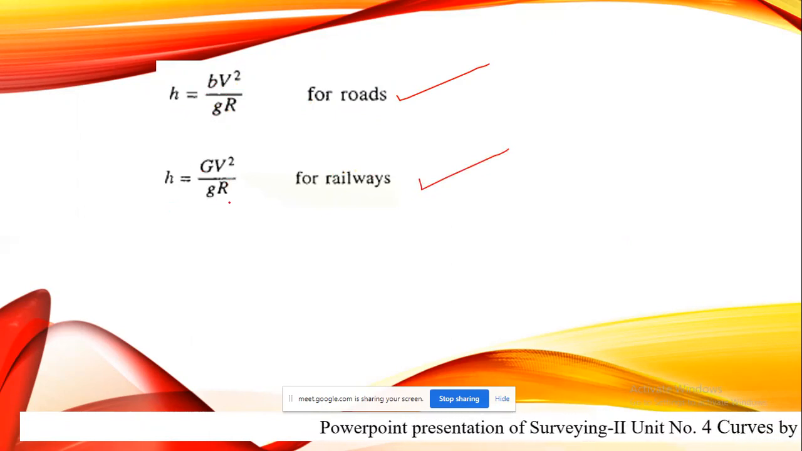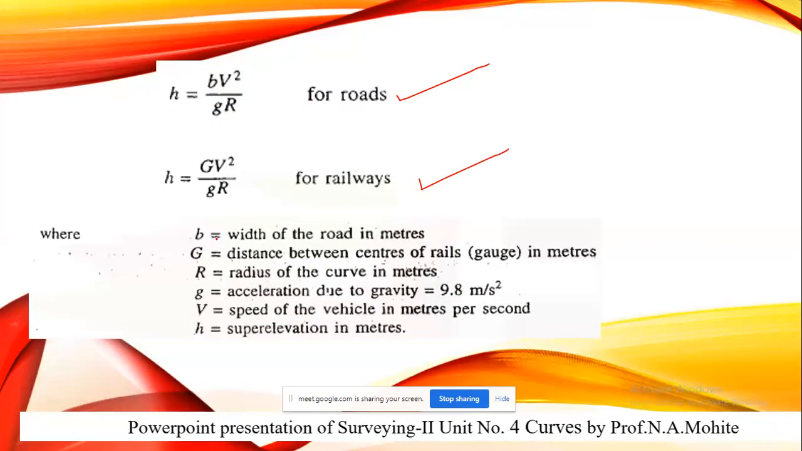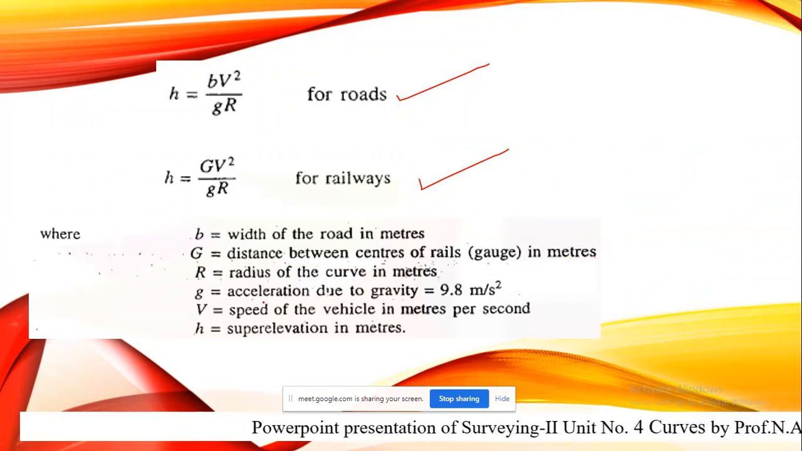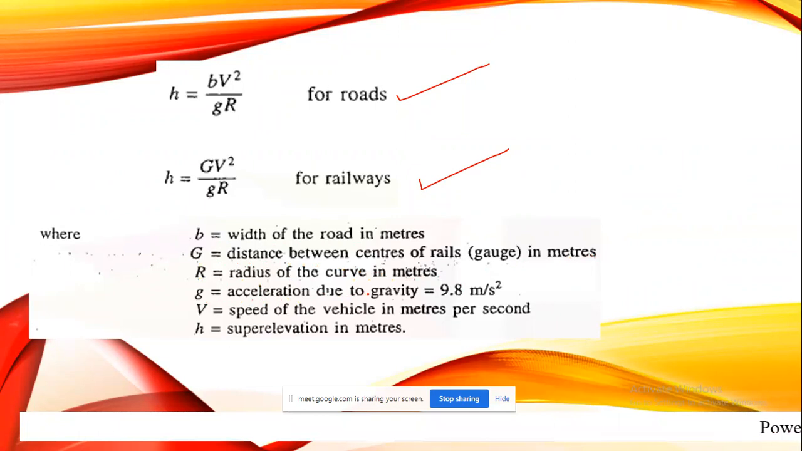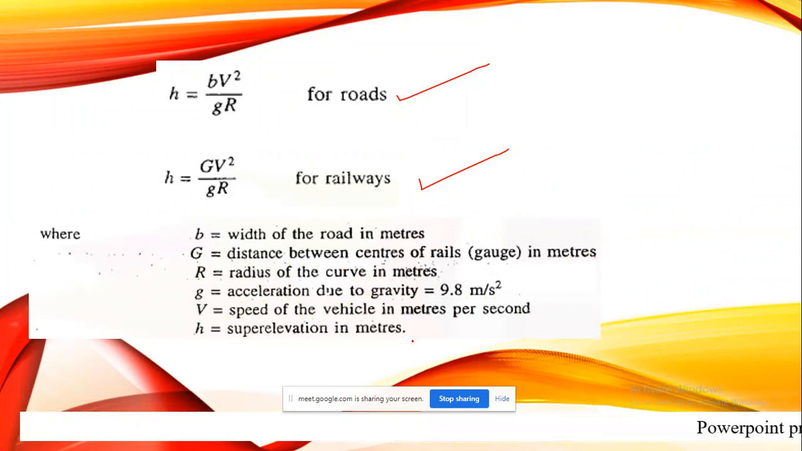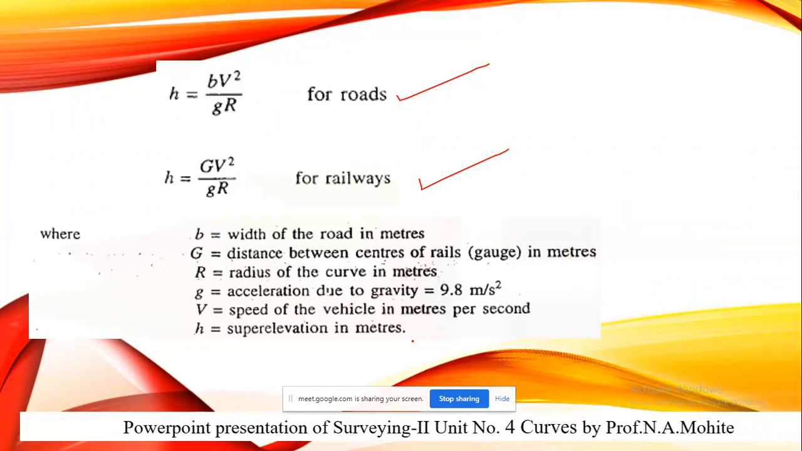So H is equal to GV square upon gR, where, as I told you, B is the width of the road in meters. Capital G is the distance between center of rails, gauge in meters. Capital R is the radius of the curve in meters. Small g is the acceleration due to gravity, which is equal to 9.8 meter per second square. V is the speed of vehicle in meters per second. And small h is the super elevation in meters. So this was the concept regarding super elevation, which we call cant. Moving further,